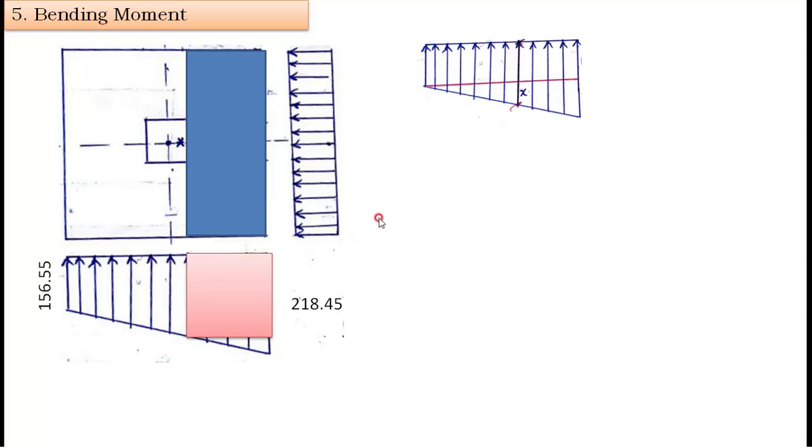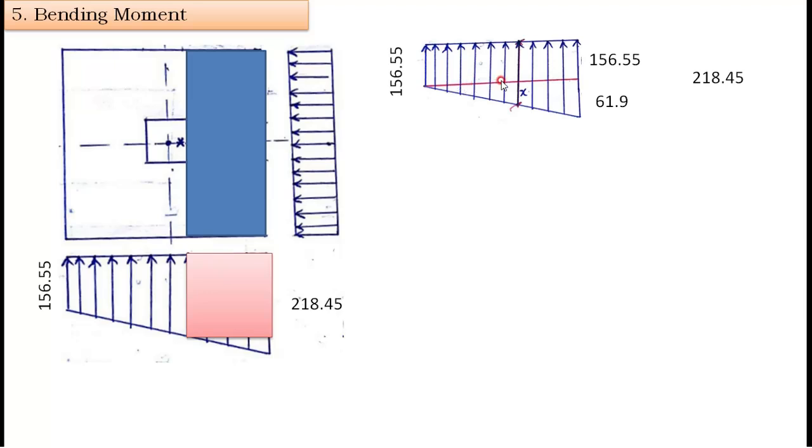For that I will consider the same diagram here. I will put this small portion as x, but I know this is 156.55 and the same will be here, and the left out will be 218.45 minus 156.55. I will get 61.9. This is 61.9, this is x, and this is 2 meter, and this is